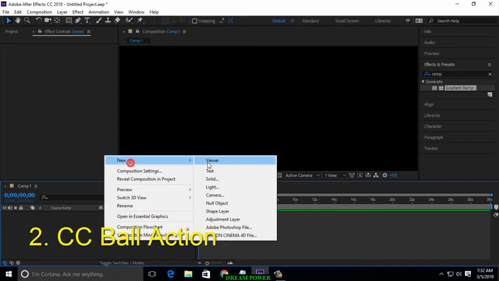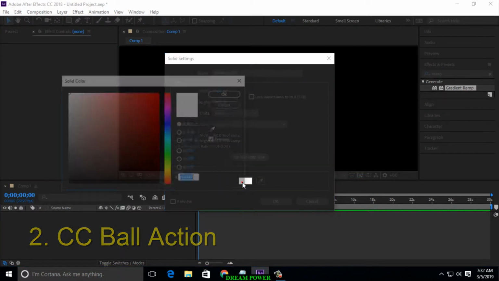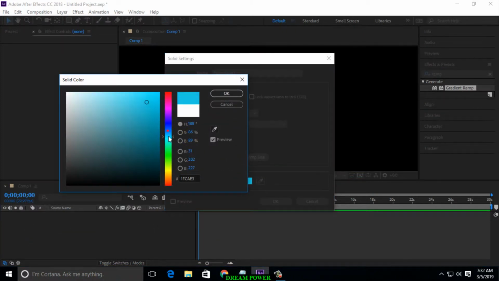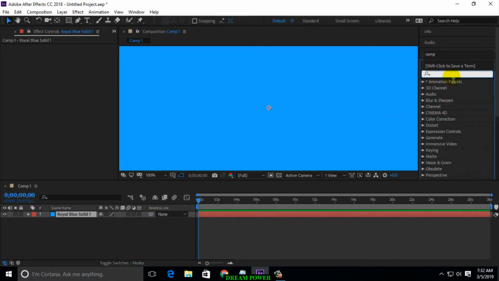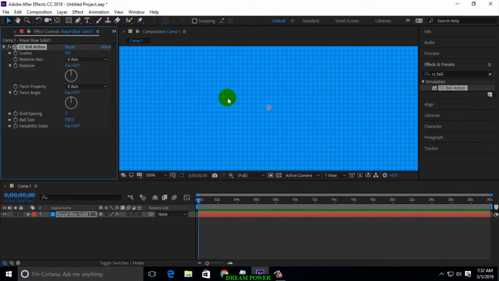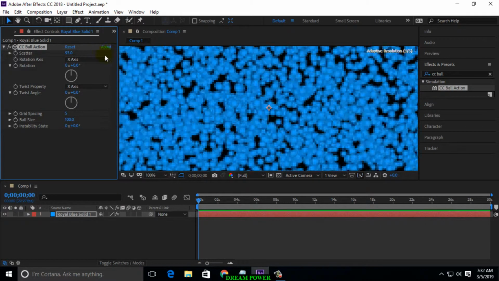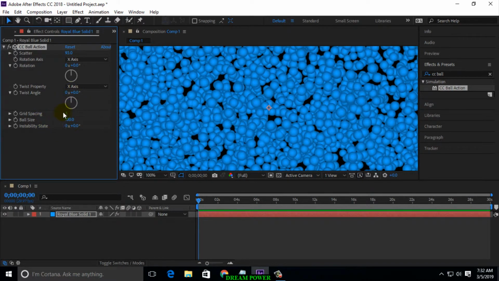CC ball action is an effect to make ball animation like here. First of all, take a color solid, whichever color you want. I am taking this color. Click on OK. Then go to effects and presets panel and search for CC ball action and drag it on here. Now you can see, and now increase the scatter amount here, and the balls will increase,